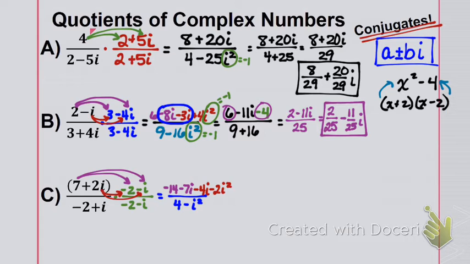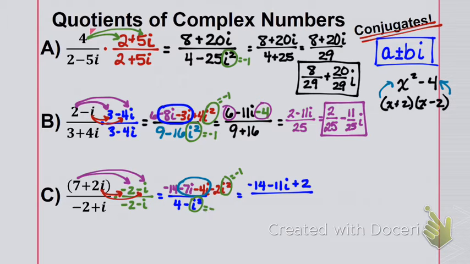So up on top, I know I can combine these two together. I know this i squared is equal to negative 1, so that's going to change it to being a plus 2 there. So I have negative 14 minus 11i plus 2